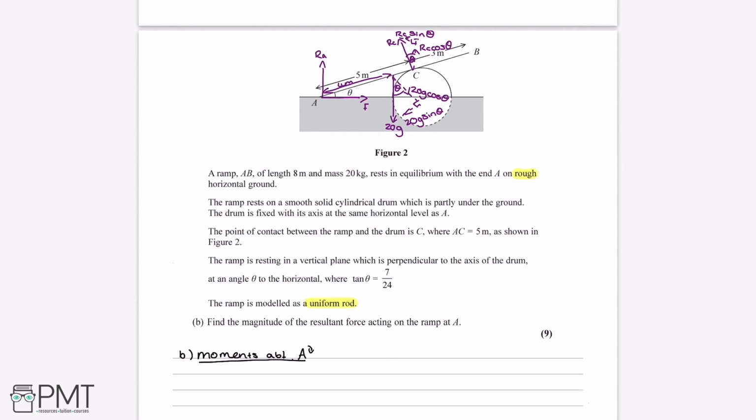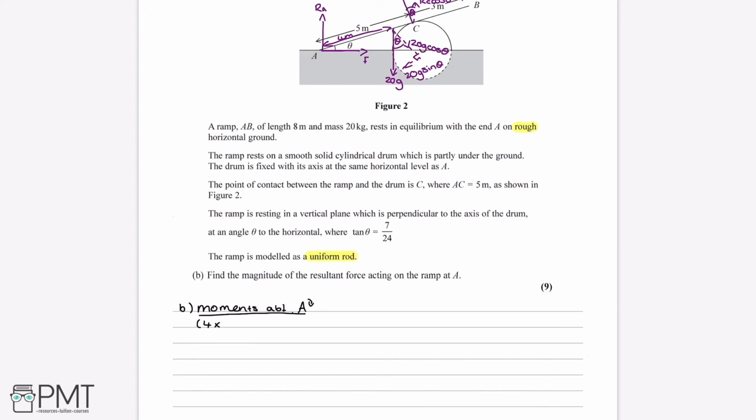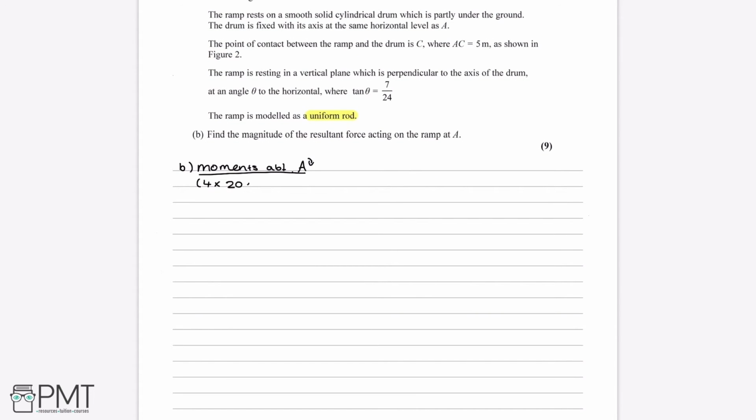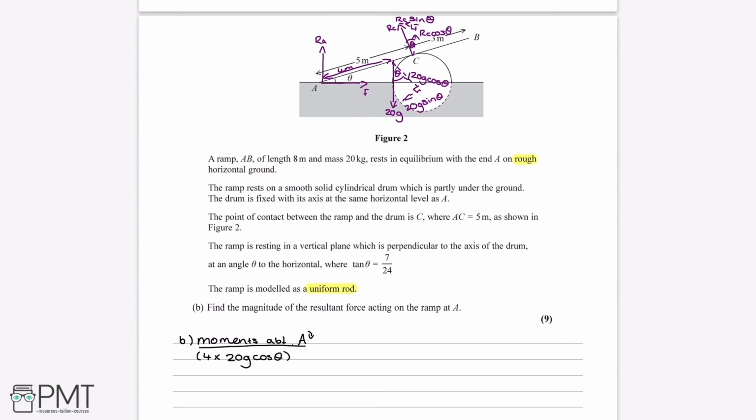So because the equation for moments is the distance, which here is 4 meters, multiplied by this perpendicular force, we can say that the distance is 4, and then the force is not just 20g, but the one that acts perpendicular, which is 20g cos theta. And now this is the only force that acts clockwise to A, and the force that acts anti-clockwise to A,